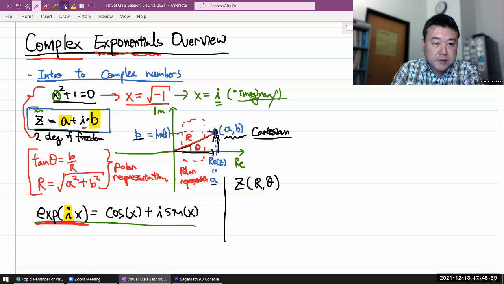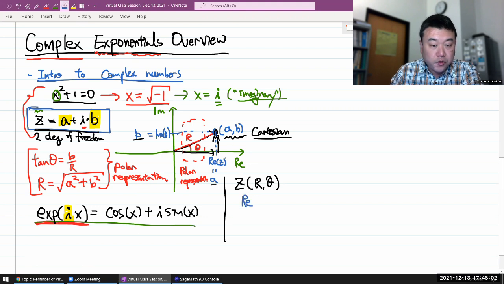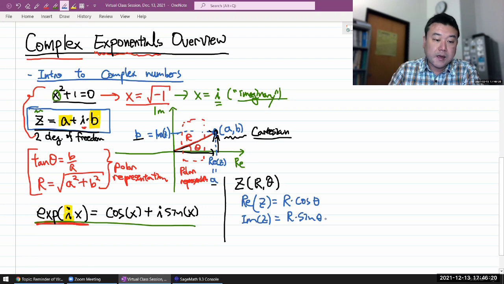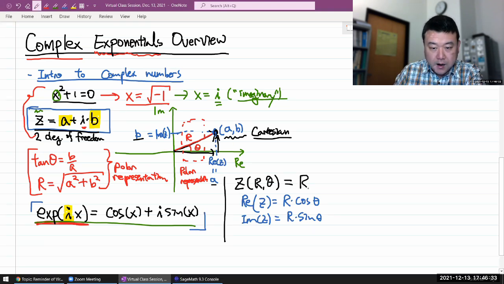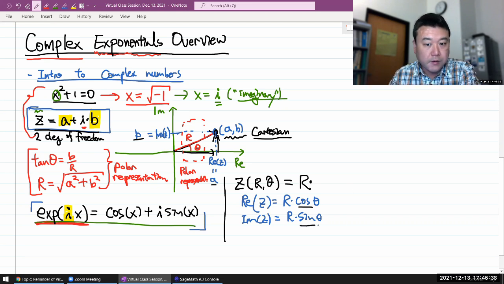Then the real component, drawing on this geometry, should look like r times cosine of theta, and the imaginary component should look like r times sine of theta. Seems simple enough. And leaning on this expression for complex numbers, we can express this complex number in this form: r times, and this cosine and sine term, instead of writing them out separately, we can write them out this way: